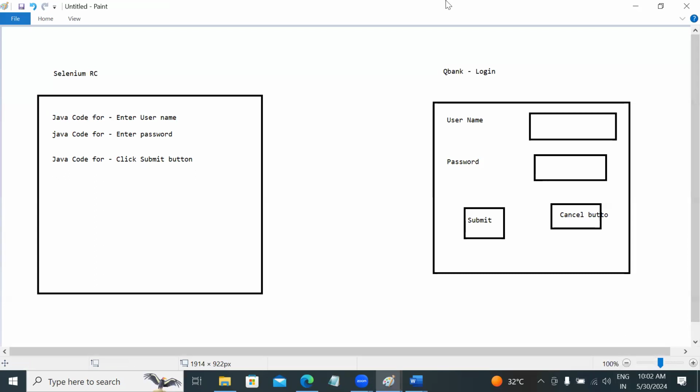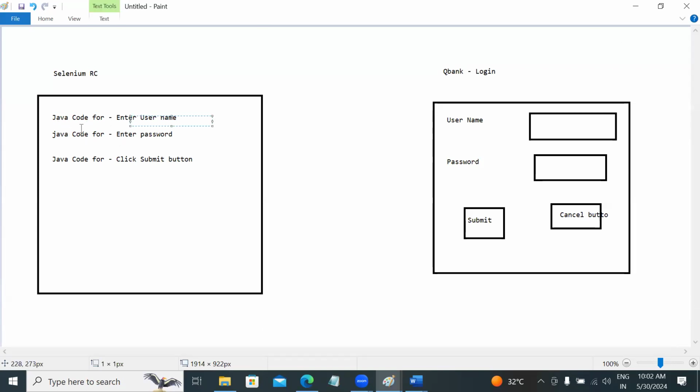Now I have written conditions, sir. Please be alert. Please be active. So now I have written some Java code, I mean Selenium code, to enter username, to enter password, and click submit button. Okay. Now in RC,